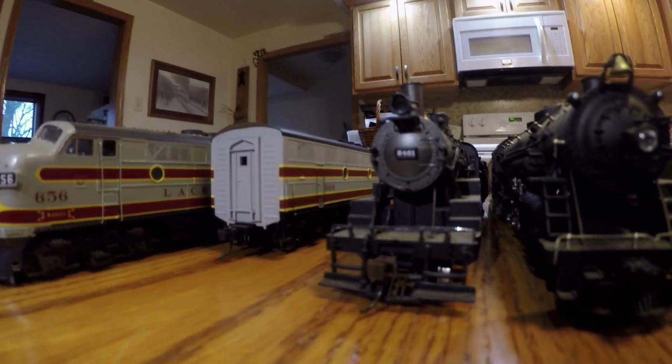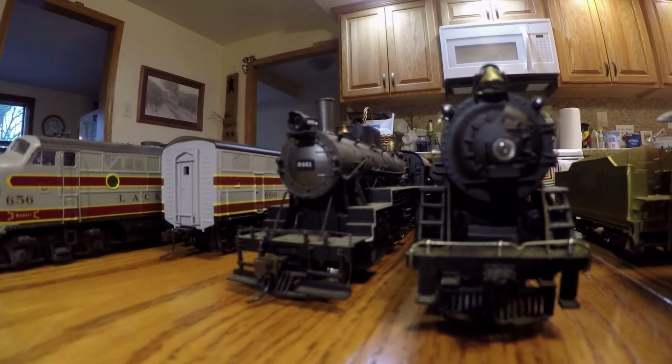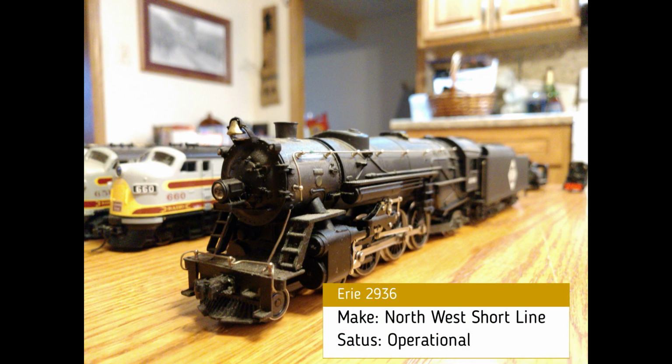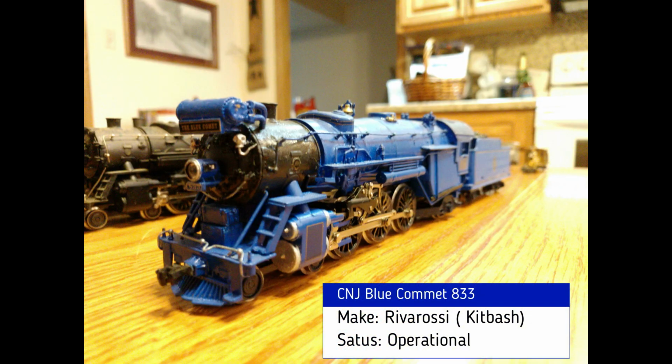Moving on to the Erie Railroad, here we have a Russian decapod, number 2461. And the first Rossi locomotive that I ever bought, a Heavy Pacific number 2936. Here's a yet-to-be painted and numbered CNJ Camelback, and one of my favorite kit bashes of all time, a CNJ